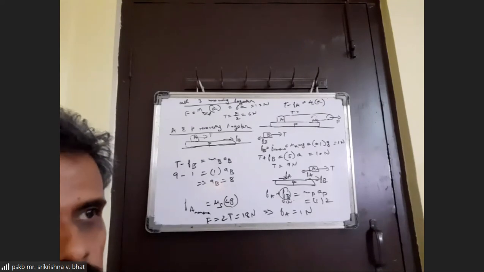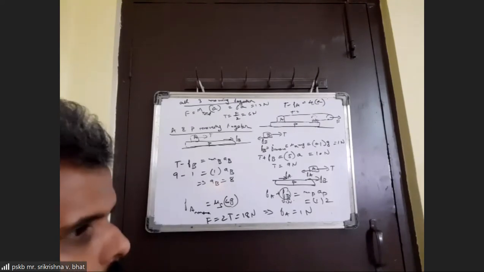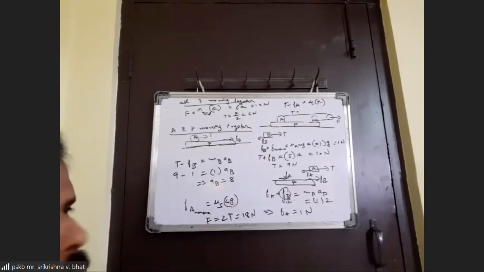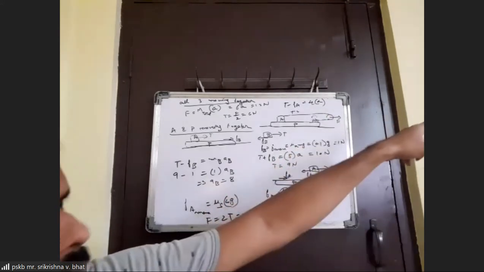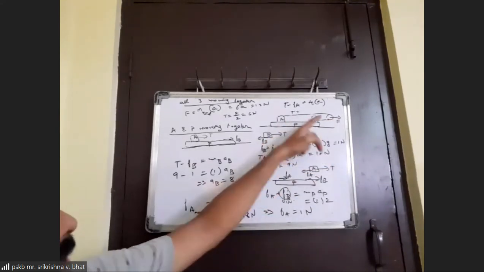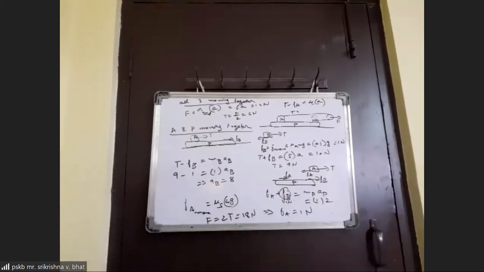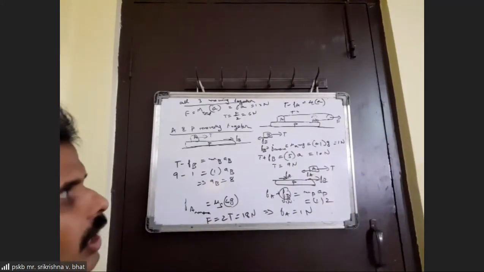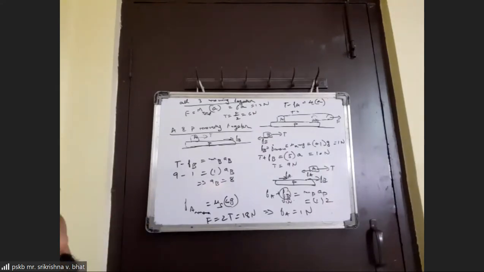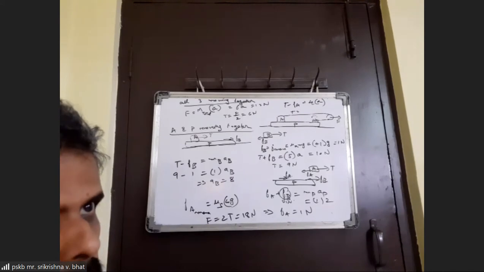So can we directly say that if A moves relative to the plank and B stays at rest, the string becomes slack? No, we cannot say that, because here the pulley keeps moving. The slackness will come if the pulley doesn't move. A is moving because the pulley is moving. If you think the string becomes slack just because A is moving relatively and B is not moving, then the other way around is also possible.